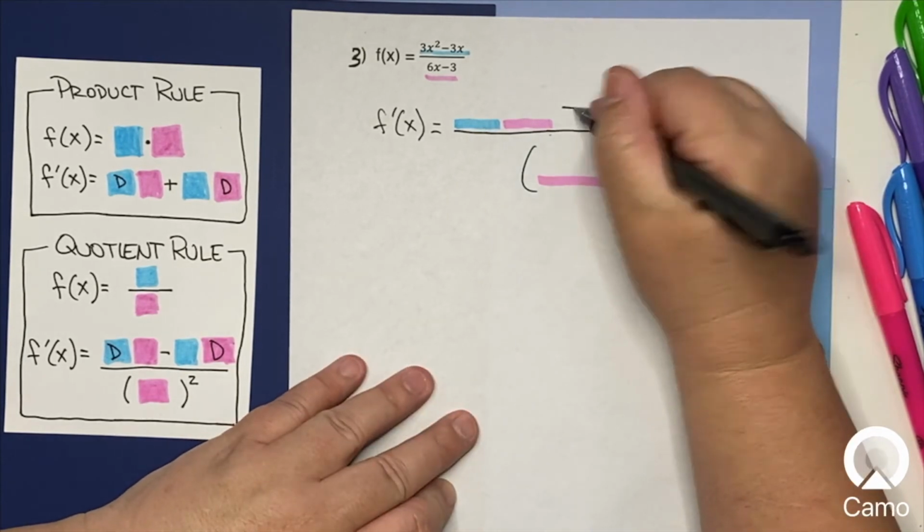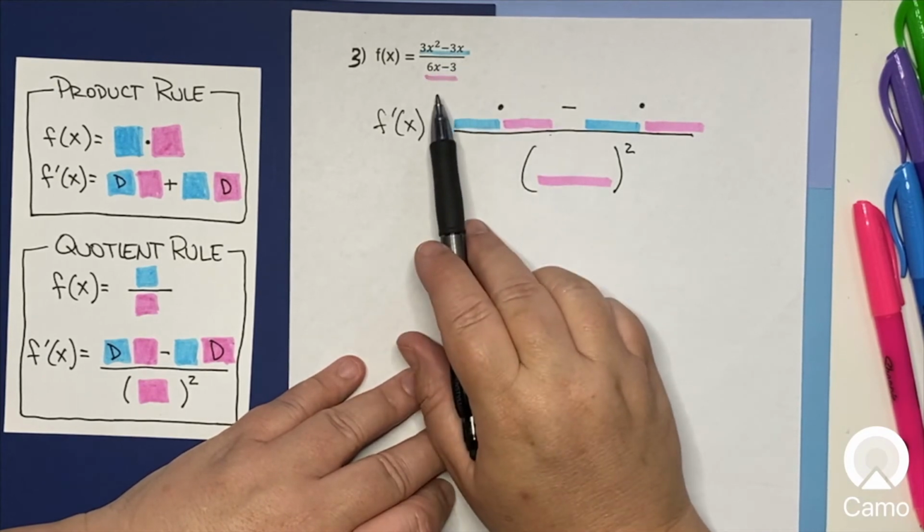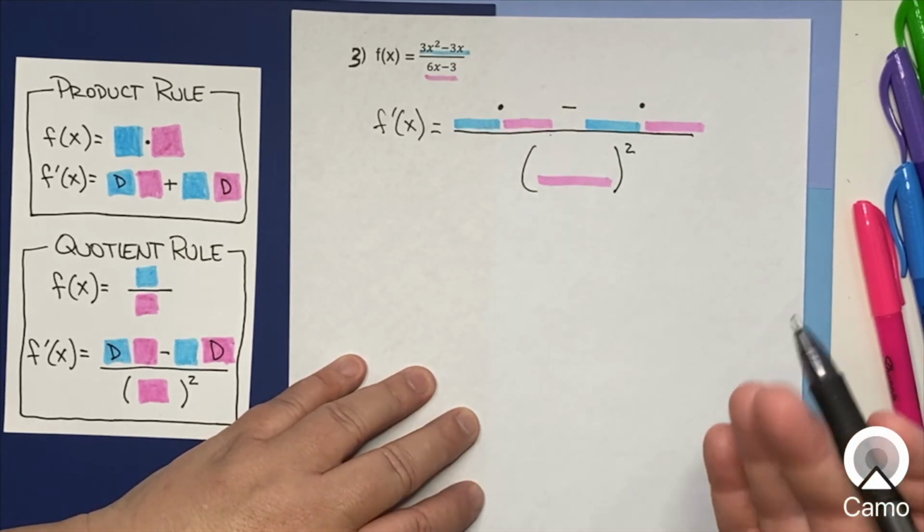So I've got my 2, and again, because this is a quotient and not a product, this is a minus